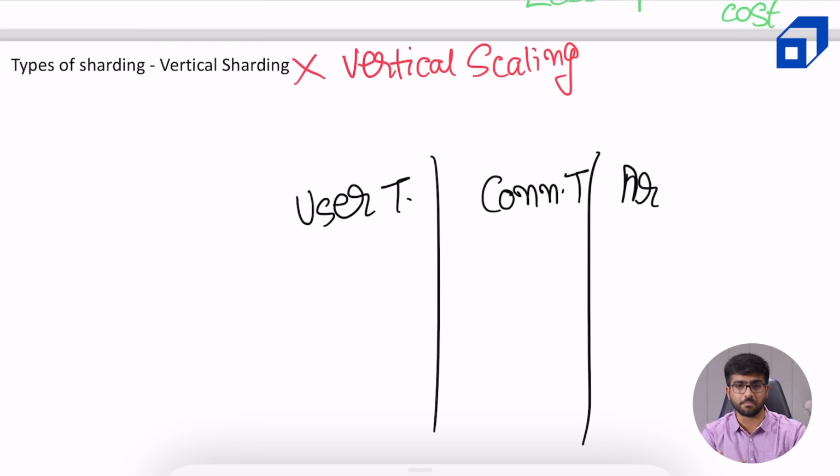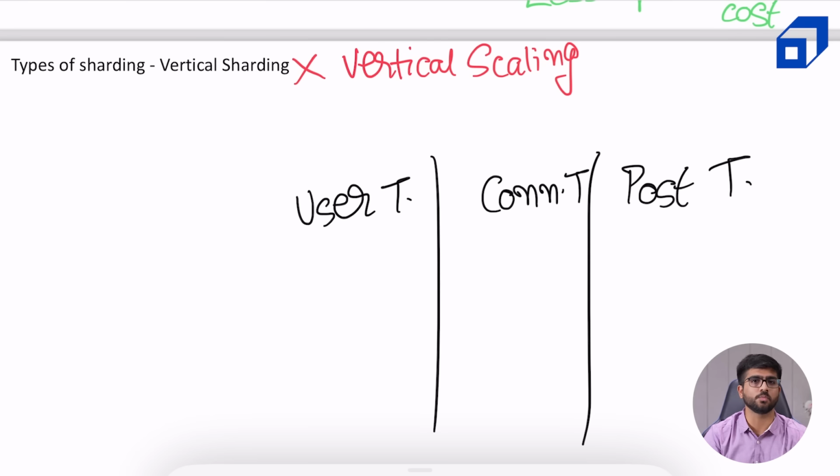Okay, articles are the LinkedIn posts. Let me rename it to post itself so that there is no confusion. So there is a post table as well. Now it is possible that if we are storing them all on the same server, it can bloat after some time, right? Even though we have sharded it, let's assume it's sharded, because of the size of the post, our current architecture of keeping all the tables together in one shard might backfire,